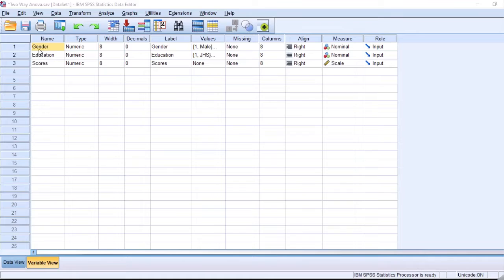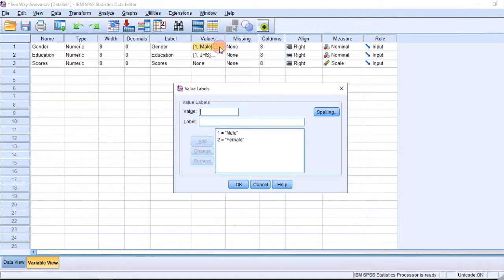In the name we have gender, education, and scores, and also the labels, same as the names: gender, education, and scores. And for the value, we have 1 is male, 2 is female.